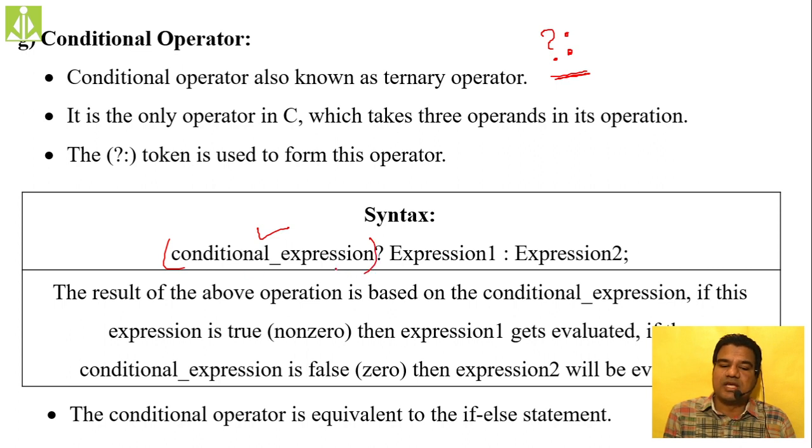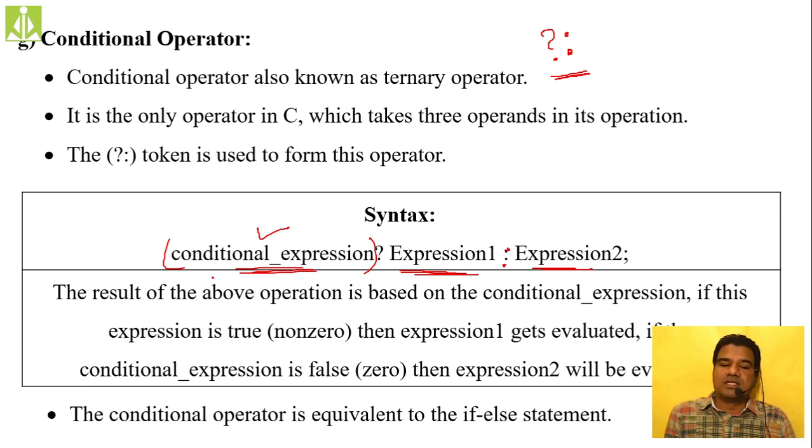Then put the question mark. Then expression 1, colon, expression 2, and at the end, like your regular statement closure, we put a semicolon.